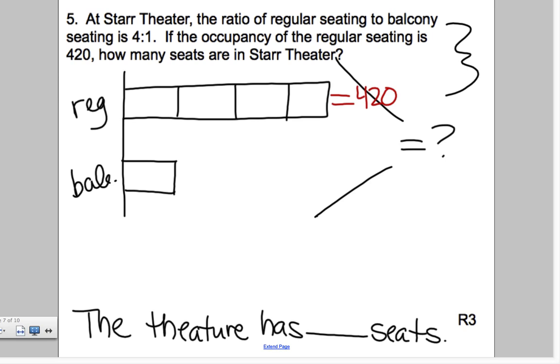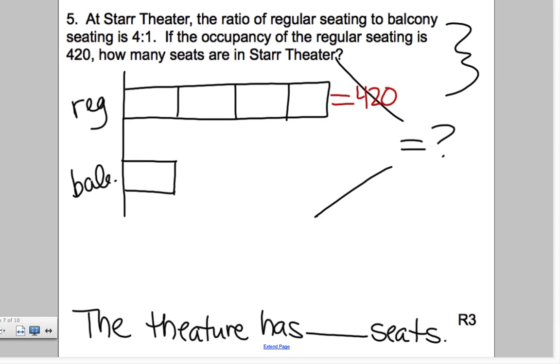Otherwise, wouldn't that answer our question? We wouldn't have to even do the problem. That would have been nice, right? So, anybody have any ideas how to begin the process here? Ramsey, what's your idea? 420 divided by 4. All right, because our 420 has to be equally divided into these 4 equal groups, right? Isn't that what the bar means? That obviously we can divide that. And Ramsey, what's 420 divided by 4?